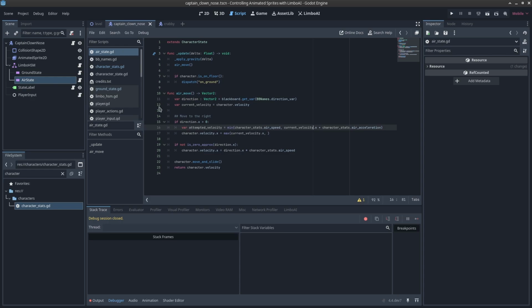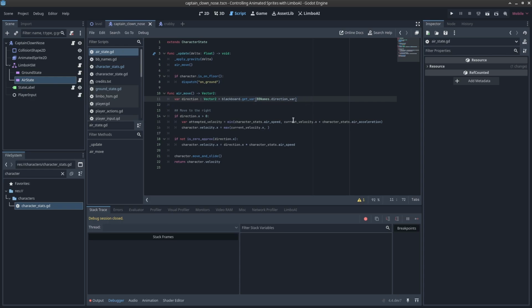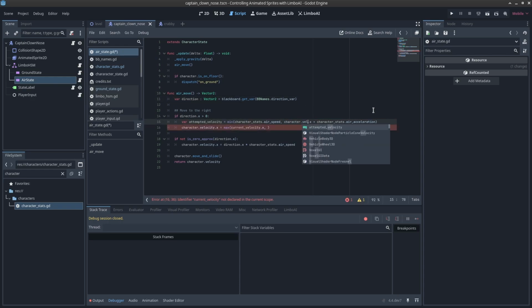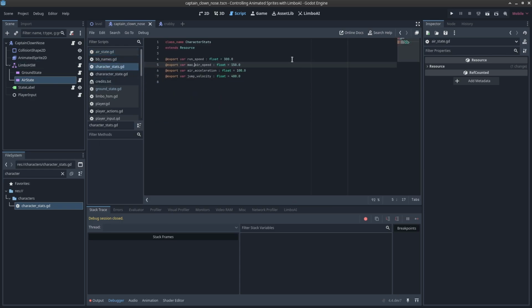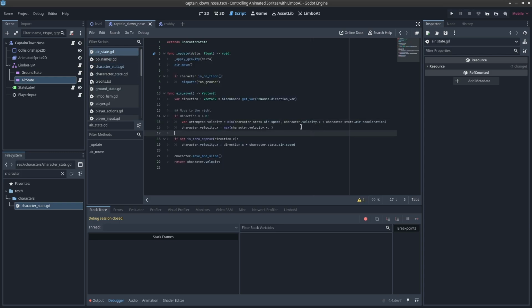Yeah, you know what? Actually saying current velocity is kind of redundant. Let's remove that bit right there and just say character.velocity.x. And down here as well, right. Okay, so this value is taking the acceleration and adding it to the current velocity, right? But our acceleration is capped out by our max airspeed. We could actually rename this to be max airspeed. That might help a little bit. So I'll right-click, look up the symbol or character stats. Let's say max airspeed. Okay, now we'll go back to the air state, and it's going to give us some